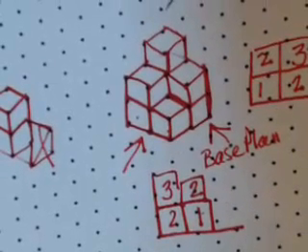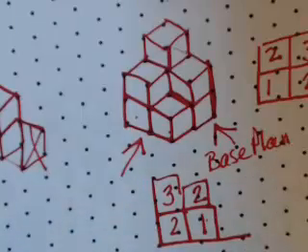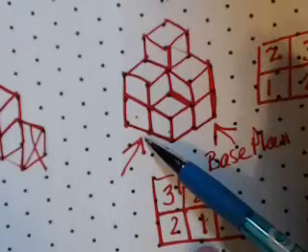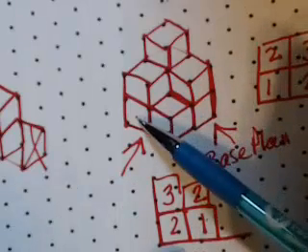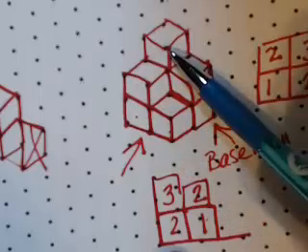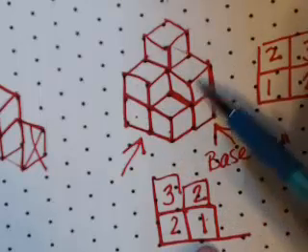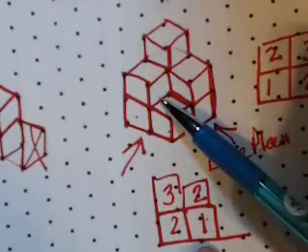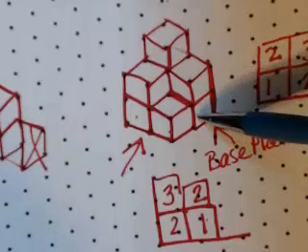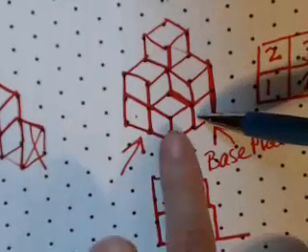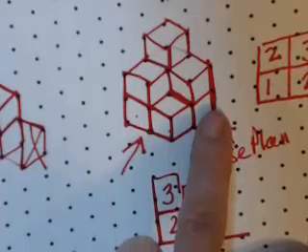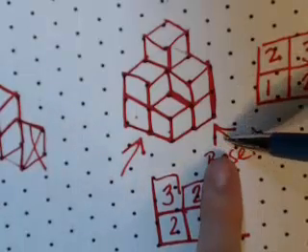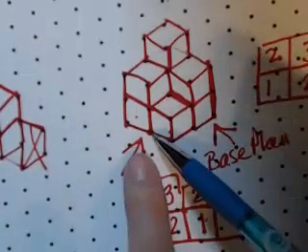This is what it should look like. If you look at it going this way, you've got your first story, second story, third story, and then second story behind the first. So if you're looking at it going this way. Now if you look at it going this way, your floor plan will be a 1, 2, 2, 3. So depending on looking at it from the right view or from the left view,